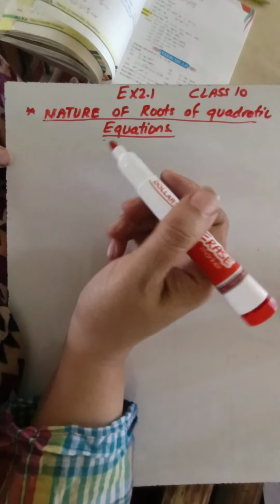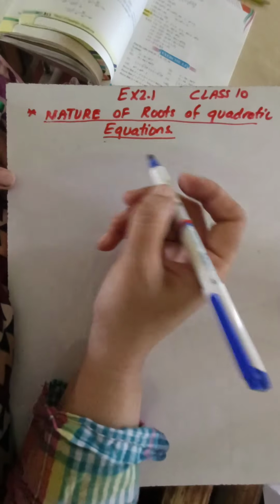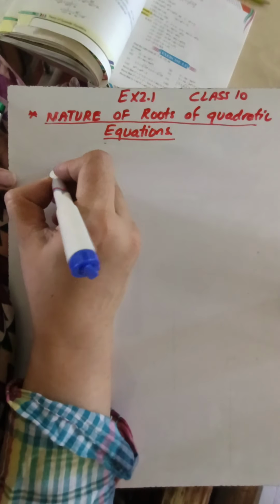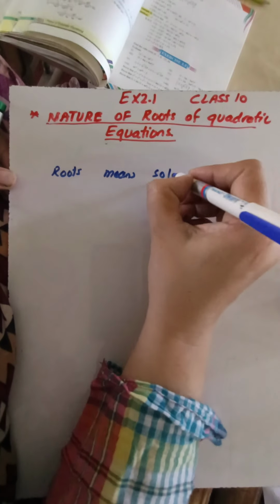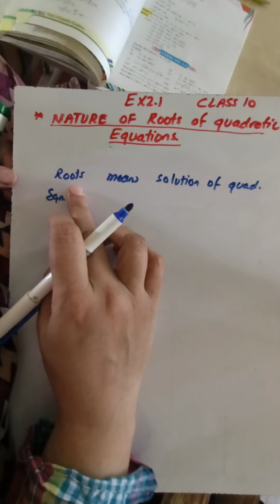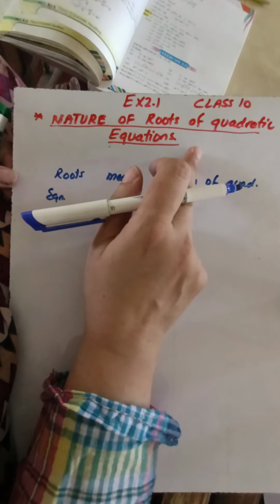The first thing that we need to know is what do we mean by roots of the quadratic equation. Roots is nothing but just another name for the solution of quadratic equation. By root we mean solution of quadratic equation. Okay, so root is just another name for the solution of this quadratic equation that we have